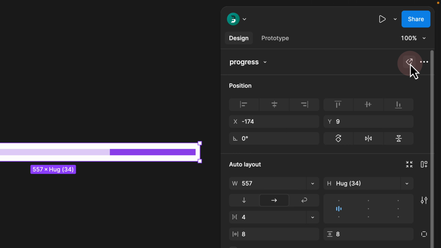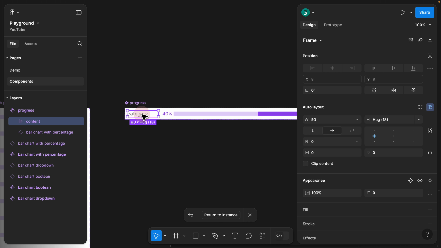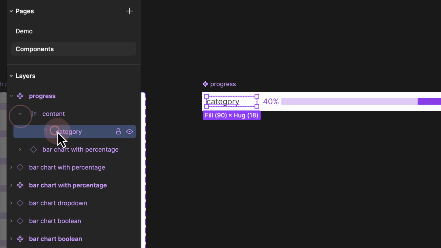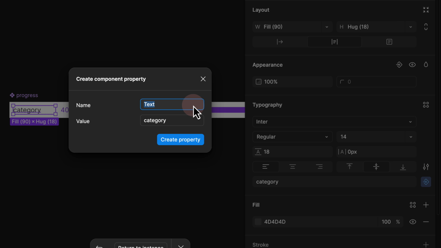So we can click this tiny icon to go to the main component, which is on the component page that we created, and start adding properties. The first property we want to add is a text property. So if I go ahead and select the category, not the parent auto layout frame, but the actual text category, I can scroll down under the typography section and add a text property. In this example, I would just rename this to category,